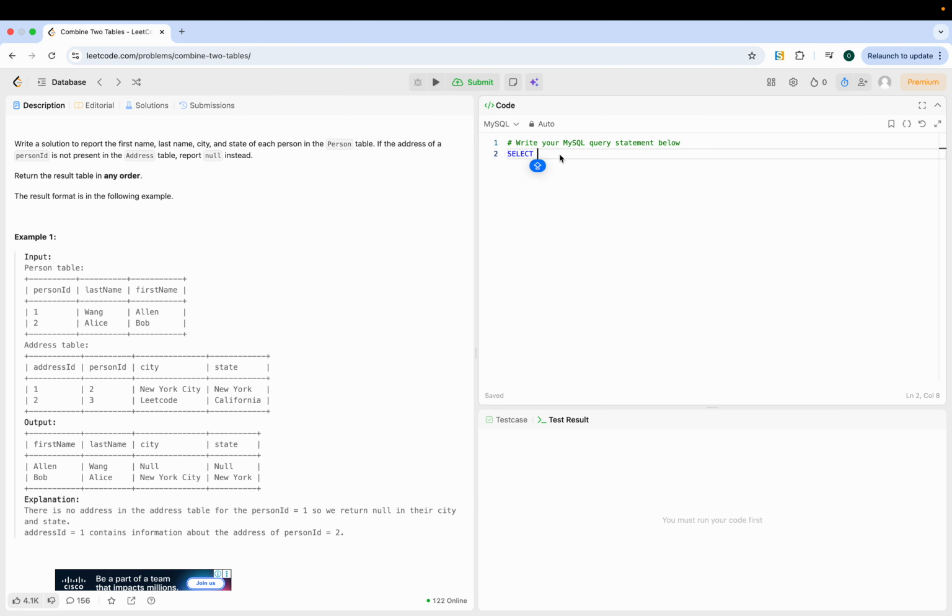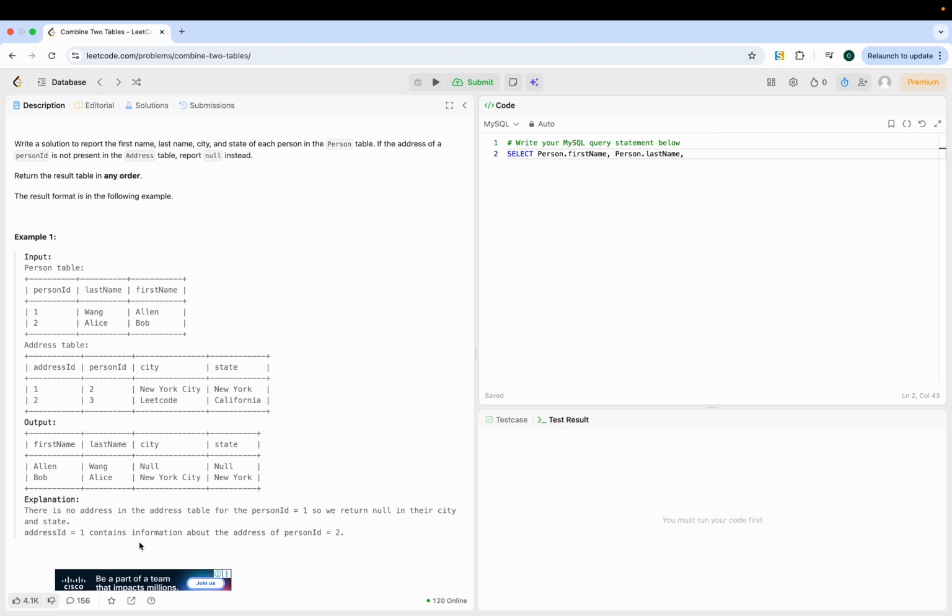So we will write person, the table's name, dot first name, accessing this table's column, written in the similar way as it is written there. Person dot first name, then you can see that last name is here, and in the same way, person dot last name,